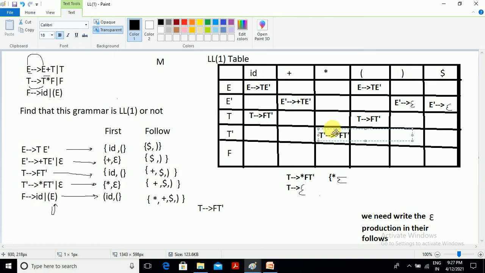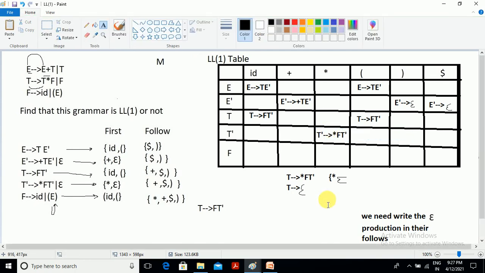The next, if any variable is deriving epsilon, it is also one of the first. We need to fill this one also in some cell. But there is one rule: if any production is deriving epsilon, we need to fill the epsilon production in their follow set. Who are the follows for T dash? Dollar and close parenthesis.